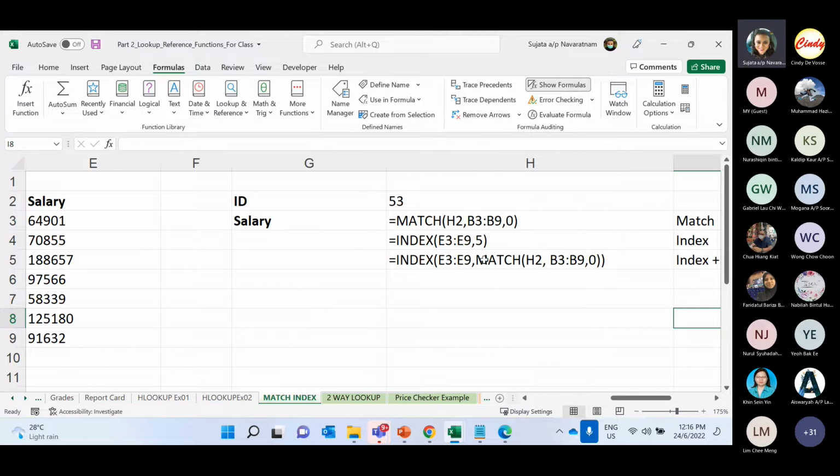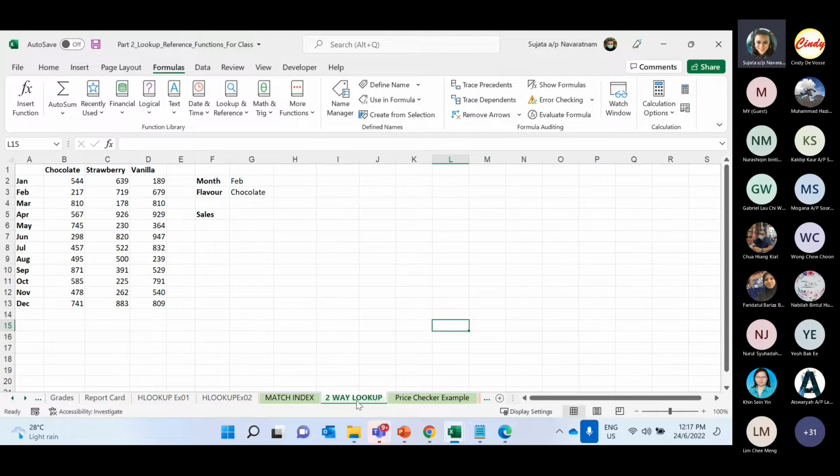So as you can see here, we read the nesting first, which is the match. The match gets us the position, and using that position, the index gets the value that resides in that cell in our table. So we have to use it together when we want to use it in place of a VLOOKUP function. Okay, so this is using a one-dimensional range. You can also use it in a two-dimensional range. So if you look at the two-way lookup in the next cell,